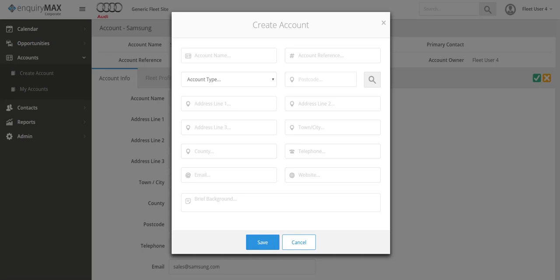So this video is part one of the enquiryMAX Fleet and Business User Guide or tutorial, and what we're going to focus on here is the account and how you can create the account, maybe attach other accounts to it, and also create a hierarchy of users, from board of directors to maybe a fleet manager to end user to delivery drivers, etc. And the idea of that is you can actually